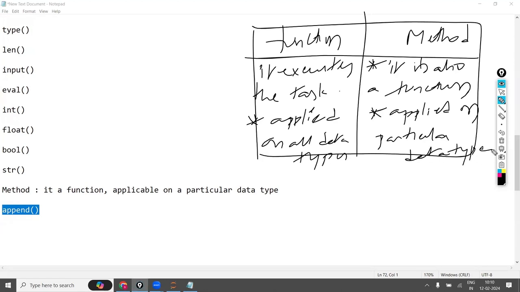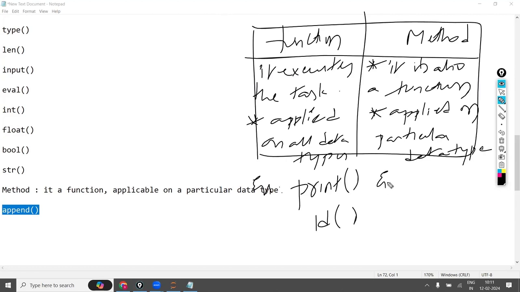Here the example is print: inside print, whatever data type you give, it works. ID gives the ID for whatever data type you ask. So it works irrespective of data type.